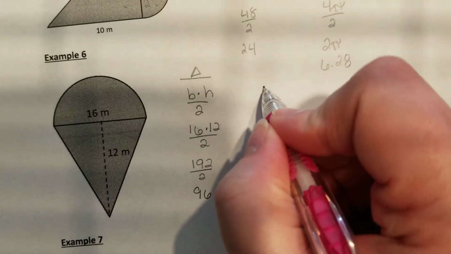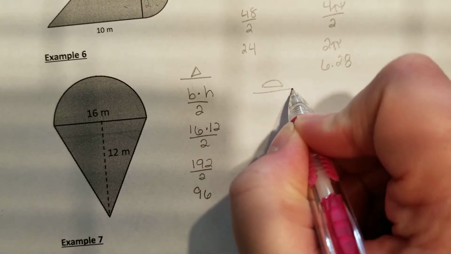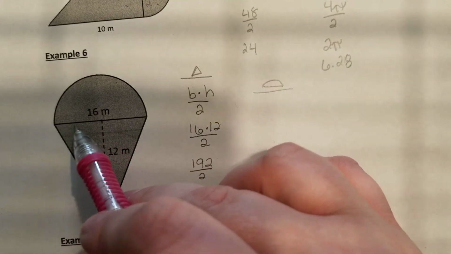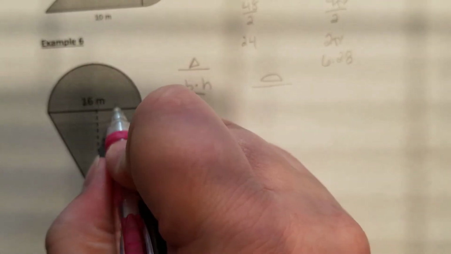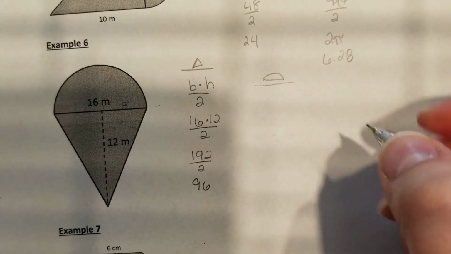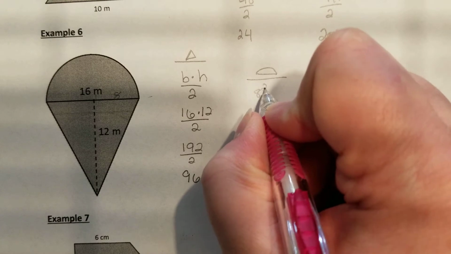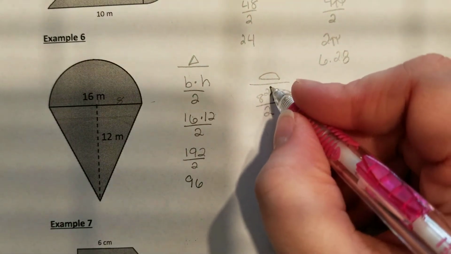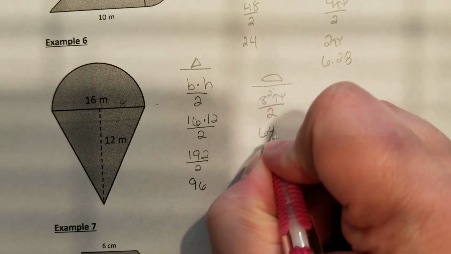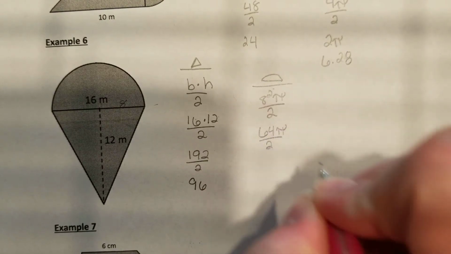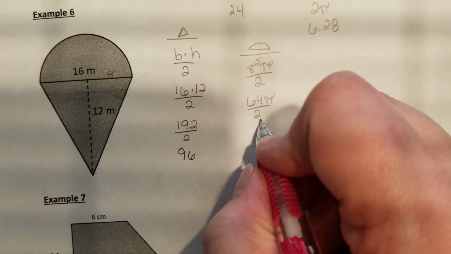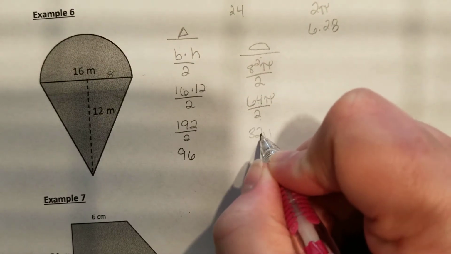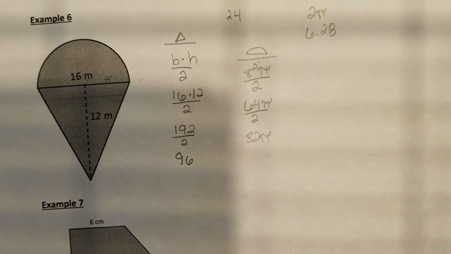And now we have to do the area of the half circle. So if the diameter is 16, then its radius is half of that, which is 8. So we have 8 squared pi divided by 2. So square this first. So 8 squared is 64. So 64 pi divided by 2. And 64 divided by 2 is 32. And then multiply 32 times pi, which is